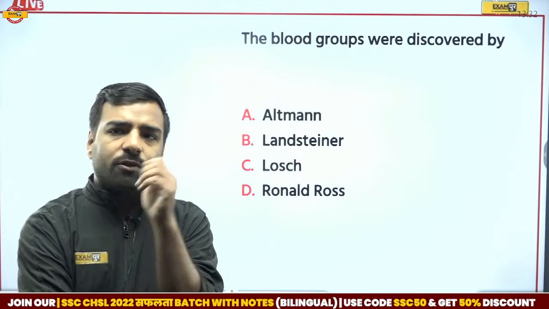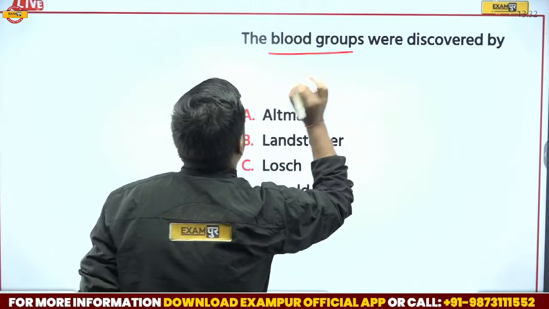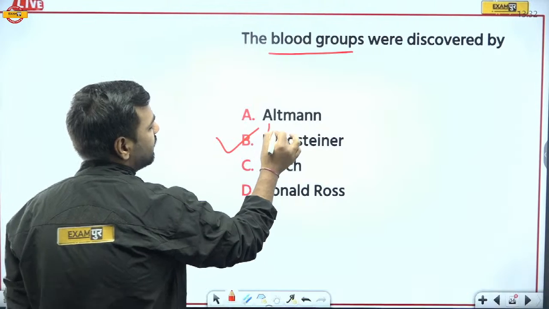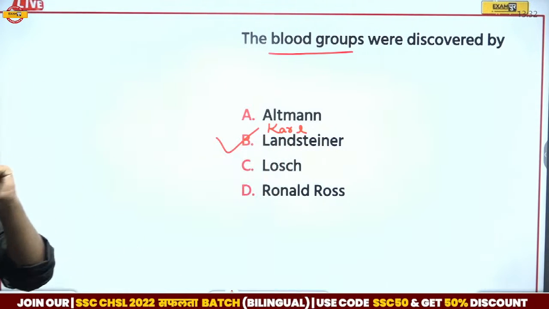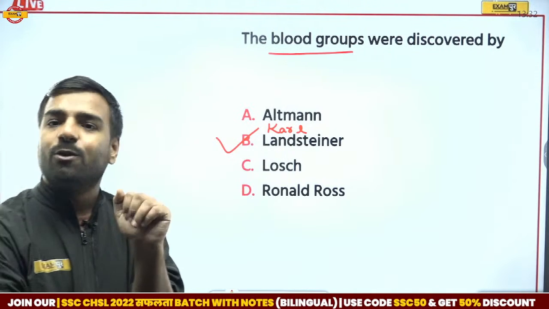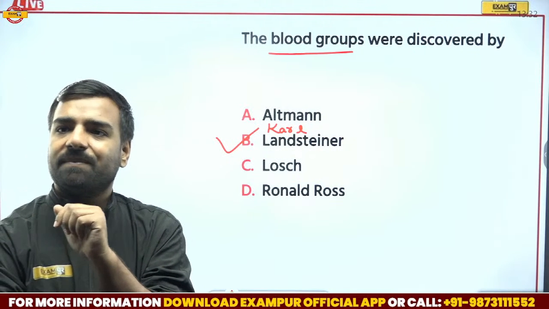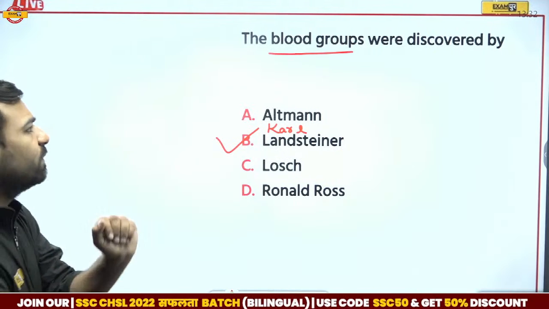Whenever we talk about blood groups, remember, blood groups were actually discovered by Karl Landsteiner. One more question which may be asked in the examination is, he found only A, B and O. AB was found one year later. So here Landsteiner is the correct answer. Jagdishan and Kirti, both of you are correct.